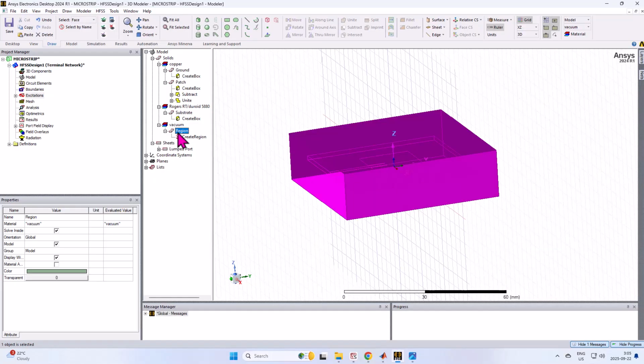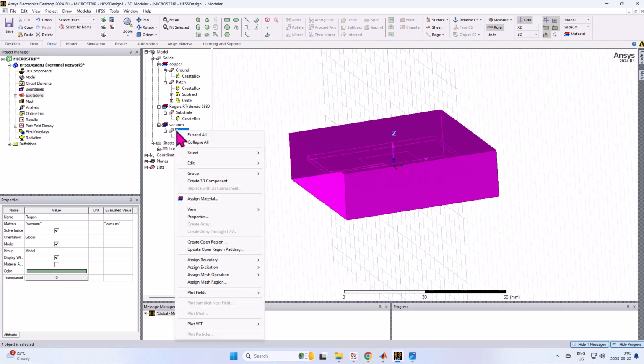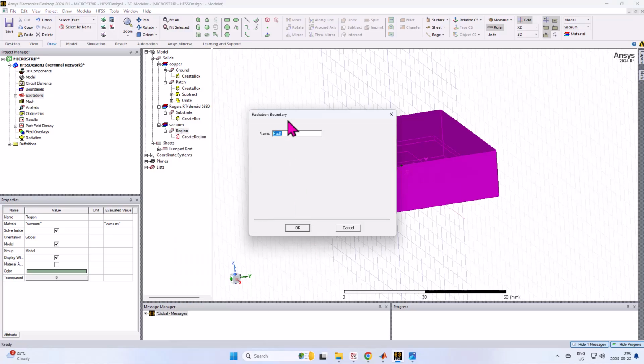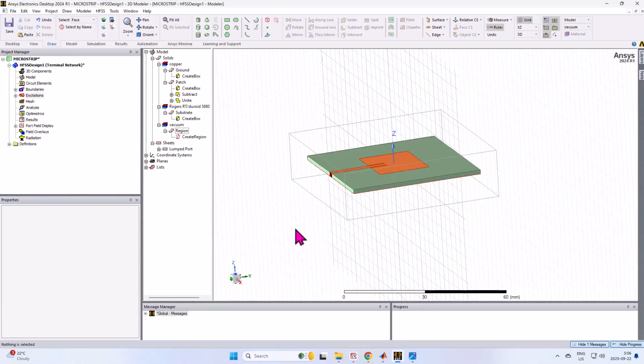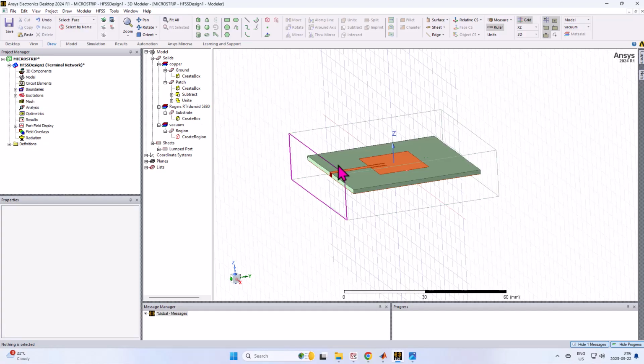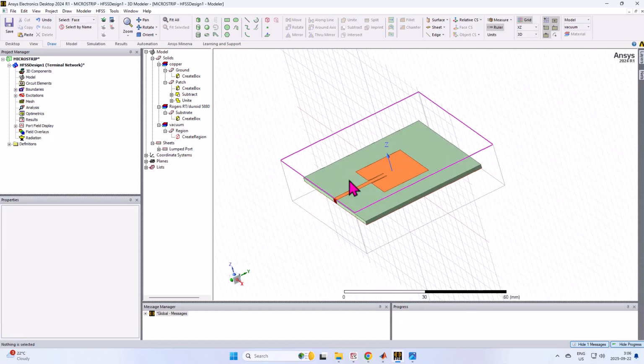So now we need to define the boundary condition for this radiation box. We just click on that, right click, add boundaries, and radiation. So we define it as a radiation box. Red one, yes, it's okay. If you check here, you also have the radiation box. Okay, so now that we defined all of them, we need to define the frequency that we want to simulate